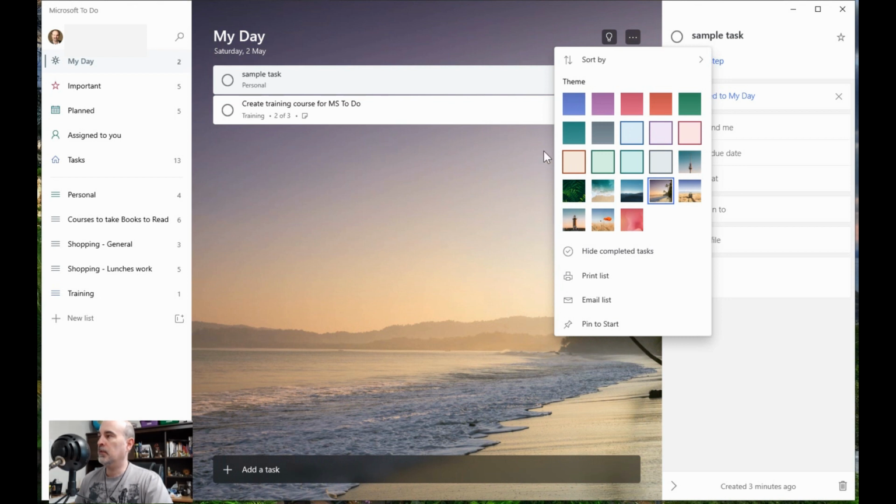And you can from here change as well how it's sorted by importance or by the due date that you put, if it's completed or not, by alphabetical order, or the creation date. You can hide the completed tasks. You can print the list that you have or email the entire list to somebody, and you can also pin this list to the start menu.